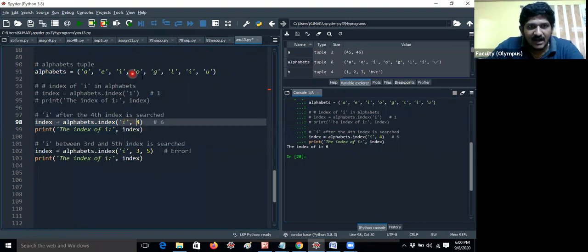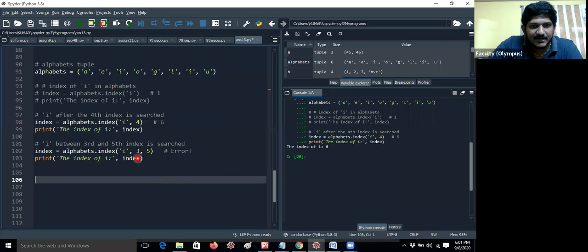I would like to print after 4. That means 0, 1, 2. If you give just I, then it will automatically give 2 only, because it checks automatically from left to right. Okay, so if you'd like to find I after that, you can give either 3, not only 4, you can give 5 also. But the element must be placed before that one, you have to give it like that.